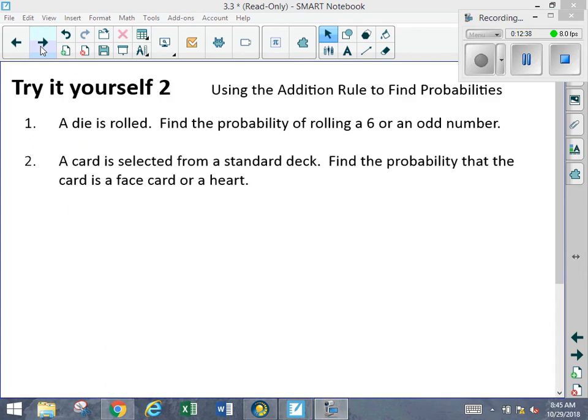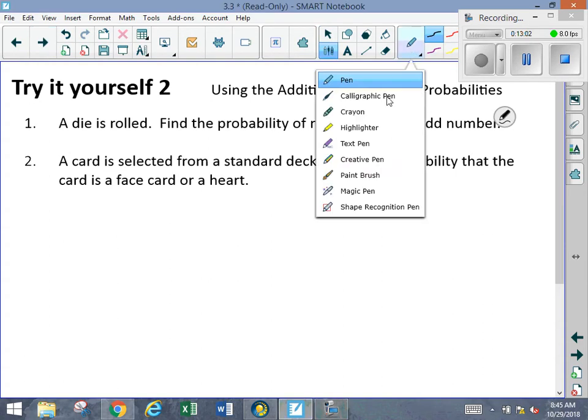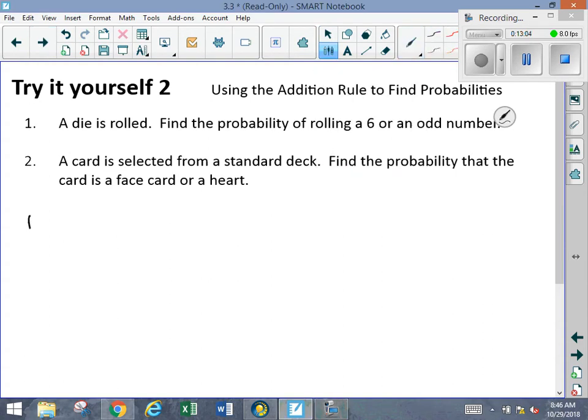Alright, let's see. A die is rolled. Let's find the probability of rolling a 6 or an odd number. Okay, so the first thing we need to decide is: is it possible for me to roll a 6 and an odd number at the same time? No. No. So that means that I can use the rule that tells me that the probability of A or